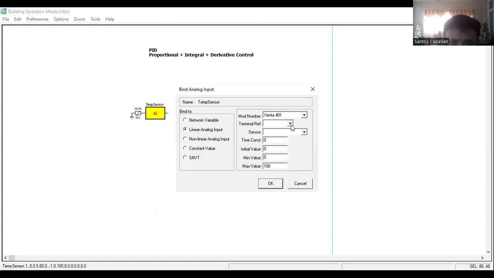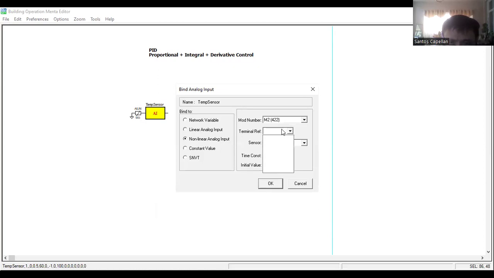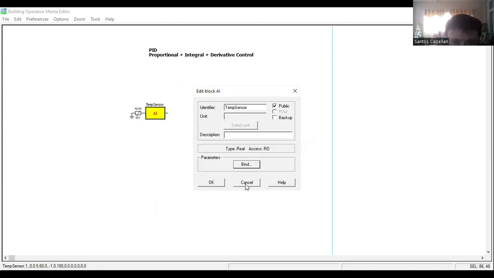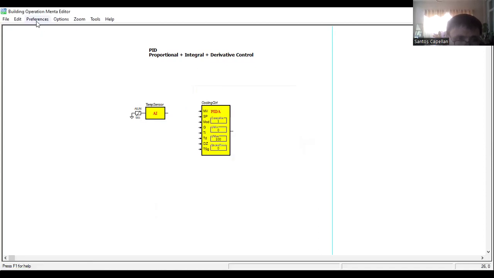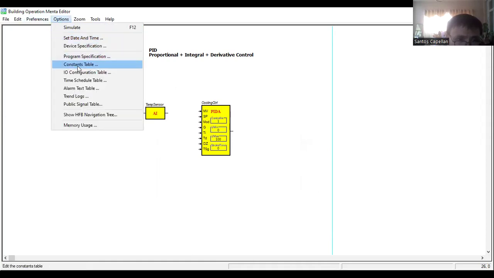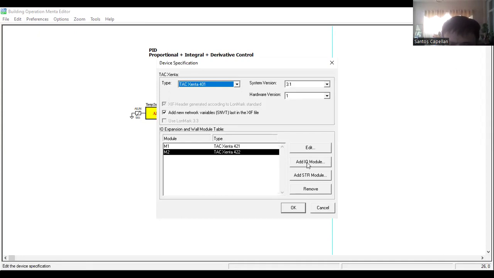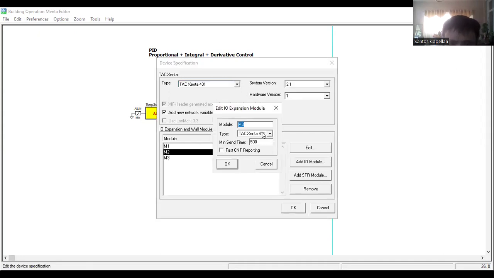But I will bind later. Then linear. Let's see. Okay, because this is an old version, I forget the... cancel. Okay, again, options, device specification, add IO module, let's see this one.